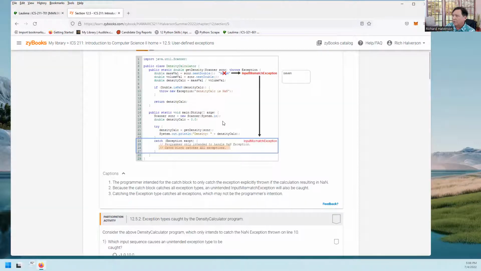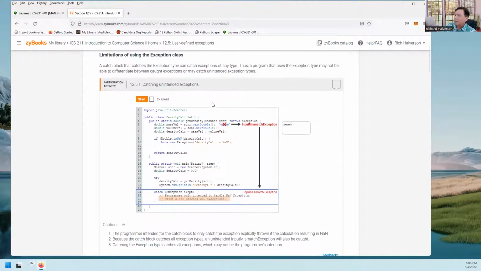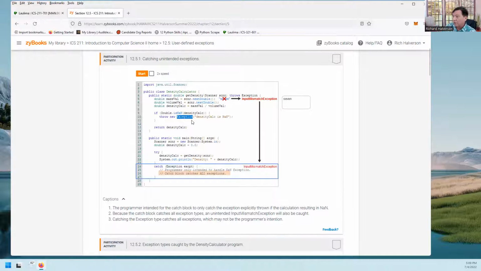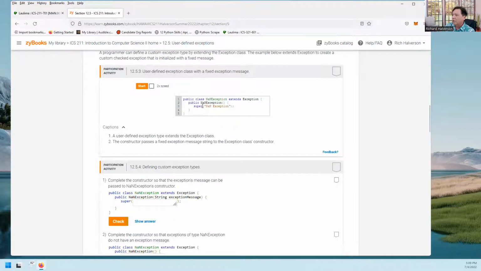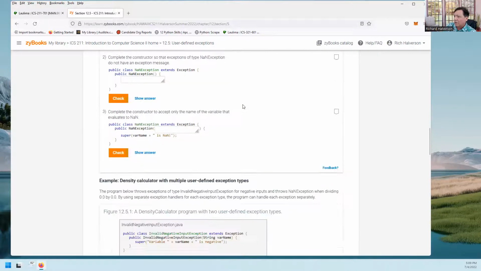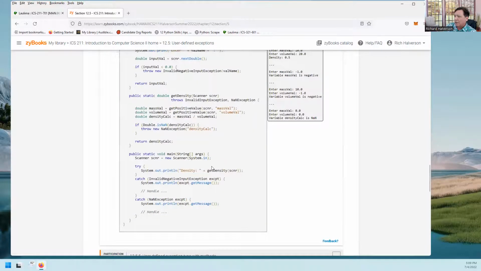Now, sometimes you may have many different kinds of these exceptions, and you actually want to separate them and keep track of them and have different exception handlers for different specific user-defined ones. See, this is all going to go to one exception handler, and that's this. You may want to have different types of user-defined exceptions which go to different exception handlers. And the way you do that is you create a class that extends the exception class, and you can define it there. And so once it's defined there, then you can have a catch that